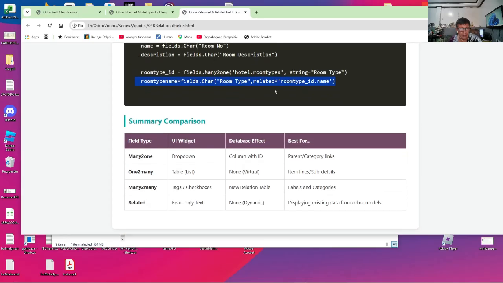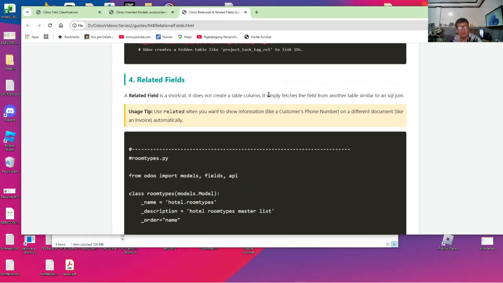So what are the typical uses? A many to one is used in a drop-down list, like for example, when you want to categorize a room type. One to many if you want to list details like orders, and many to many for checkboxes and tags, and the related field if you want to get a field related to a table without having to duplicate it on the same model.